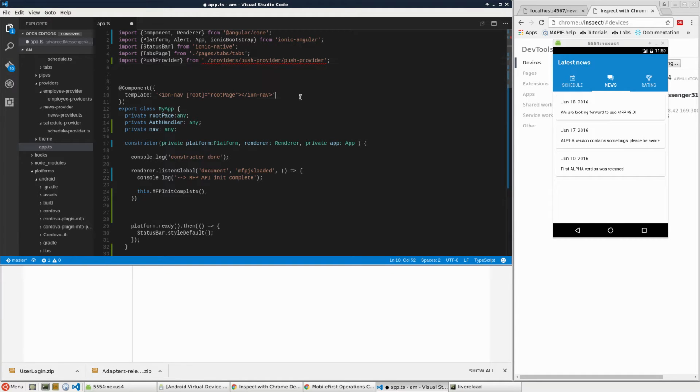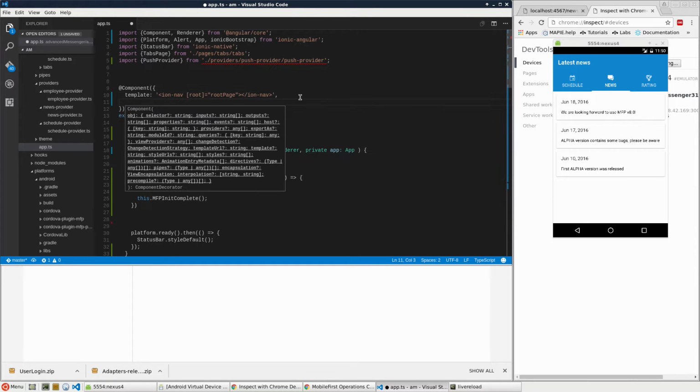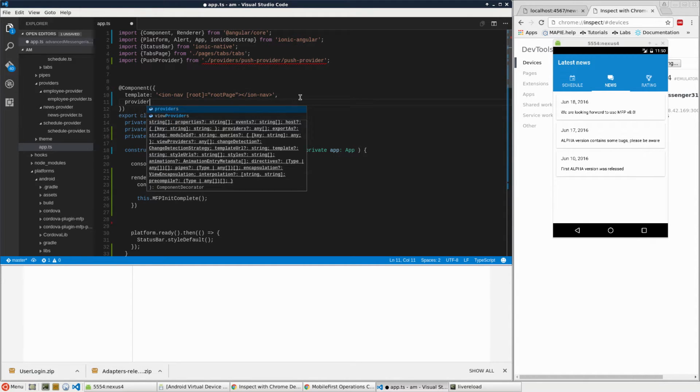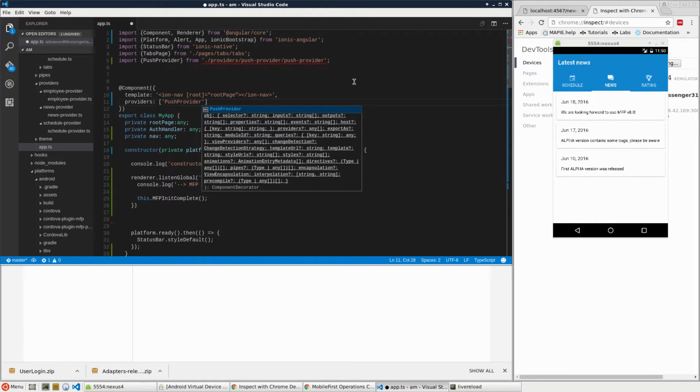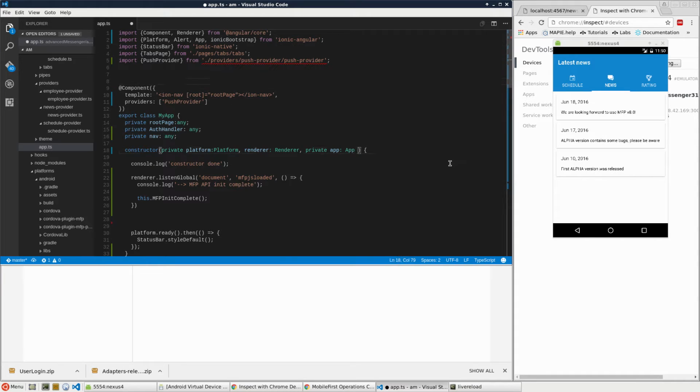We will add the reference here that we will have a provider, so it should look like providers, and then specifying the name of the providers that we will use. We will use just push provider for now, like that. Then we need to add a reference here also, so something like, let's go, private push